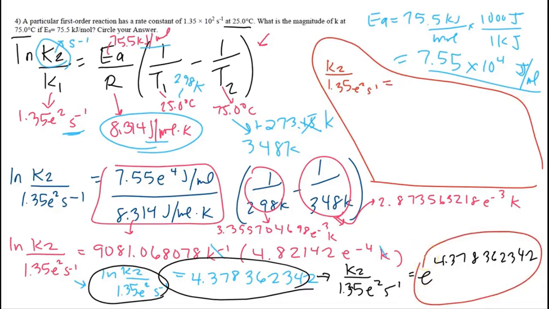In my calculator, e raised to the power of that, instead of doing that, what I'm going to do is cross multiply here. I'm going to keep this in my calculator, and make sure I have it in my calculator properly. Now I can cross multiply because I don't have a natural log here. So e raised to the power of 4.378362342. This is where I get my